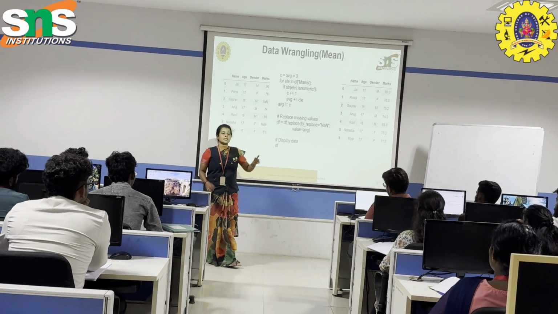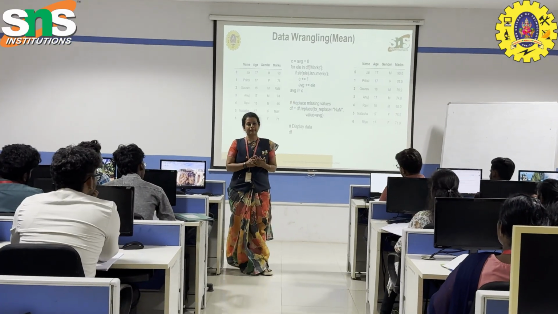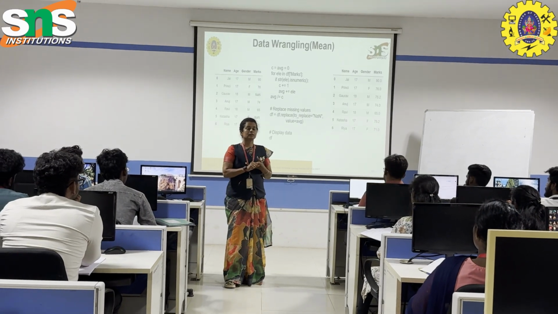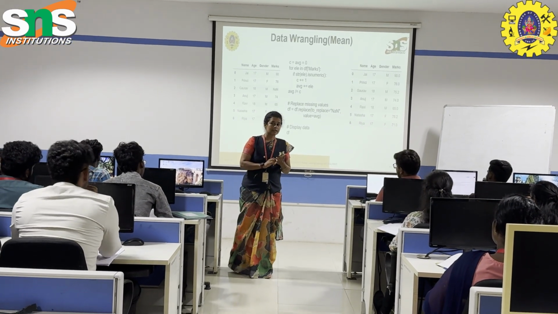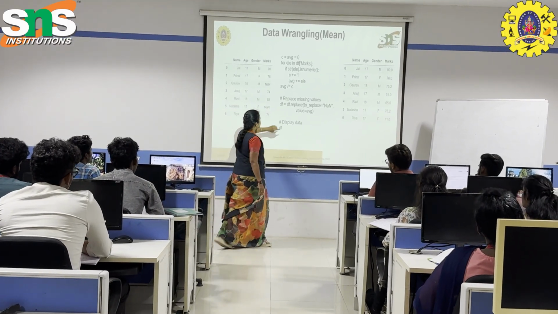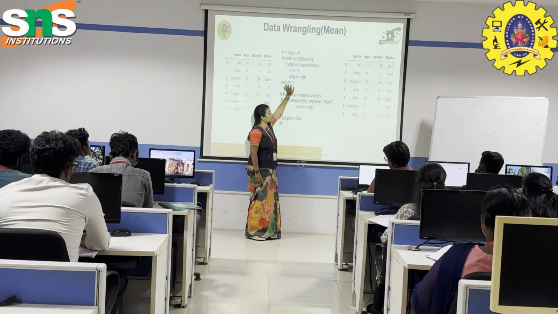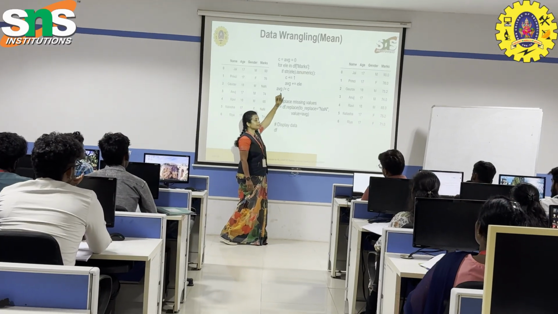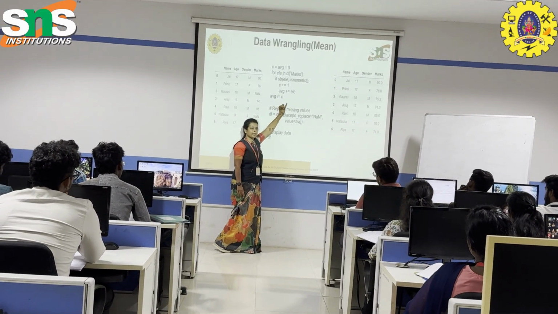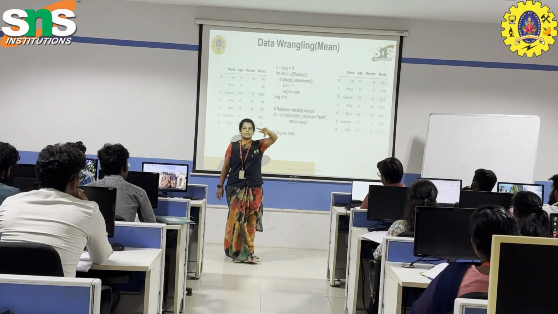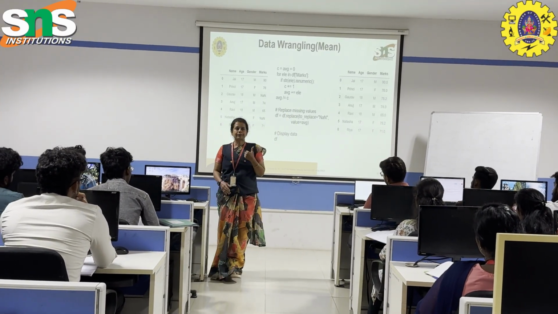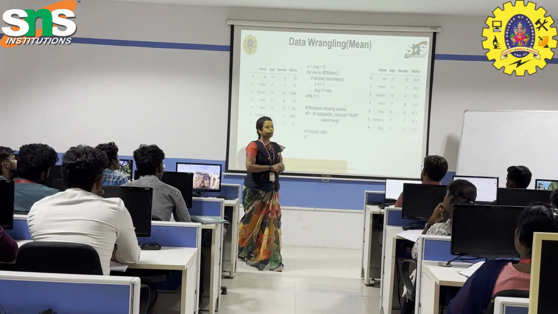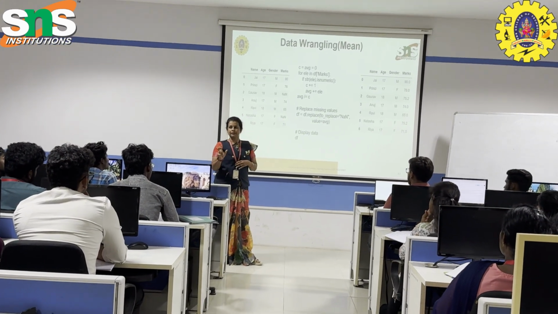At last, what's the value stored in C? What's the value stored in AVG? C is equal to 5. Average is equal to 376. 376 is assigned to AVG. After completion of the for loop, what are we doing? AVG is equal to AVG divided by C. So AVG is equal to 376 divided by, what's the C value? 5. What does it return? 75.2. This is the mean value for the given set of elements.